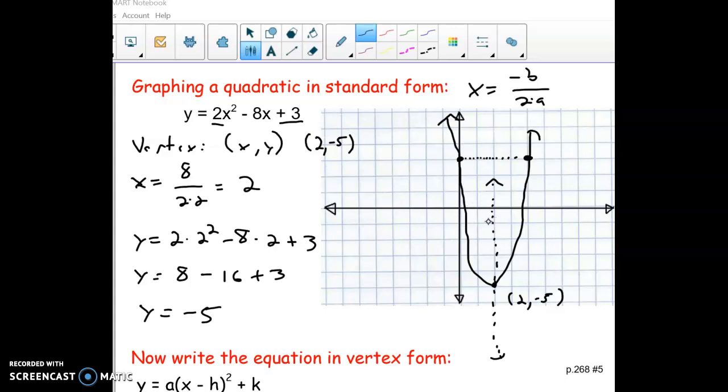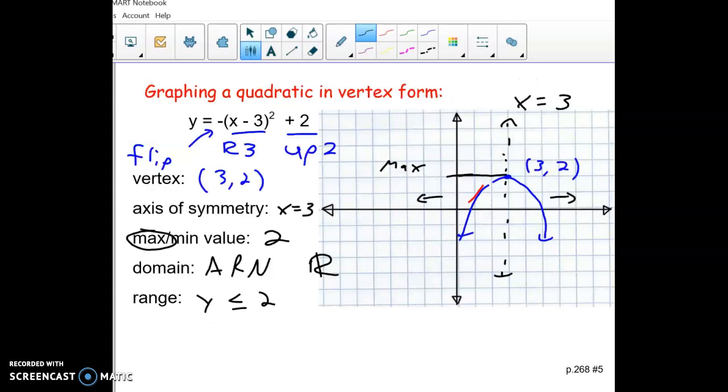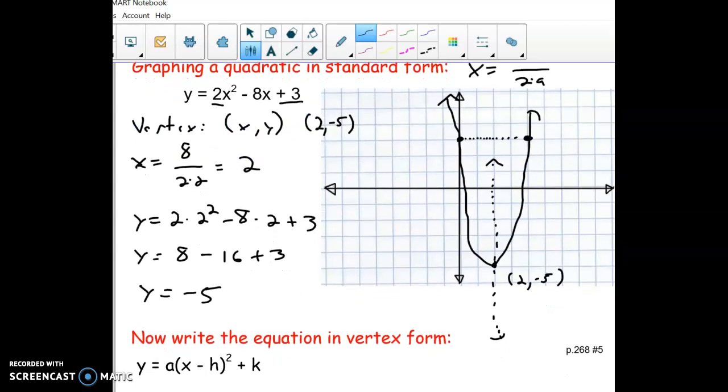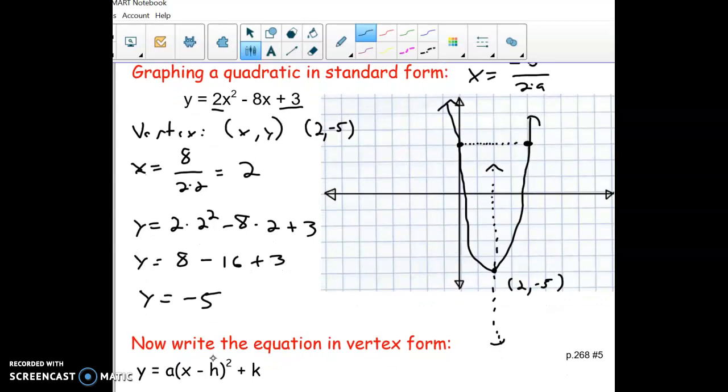Right? And it's, again, very, very different than how we did it here. This one in some ways was easier by just doing the transformations when it's in vertex form. But when it's in standard form, you got to use this little negative b over 2a formula. All right, I think there is one on the test like this where they ask you to write it in